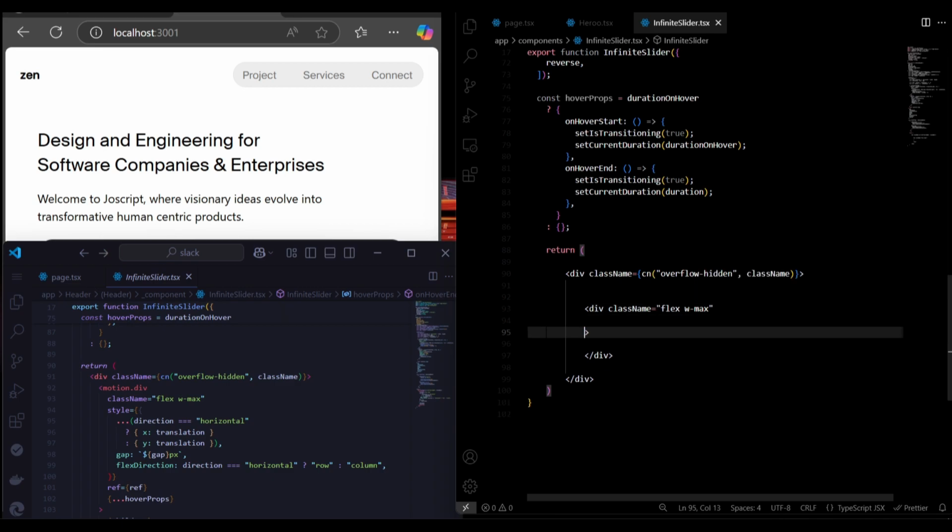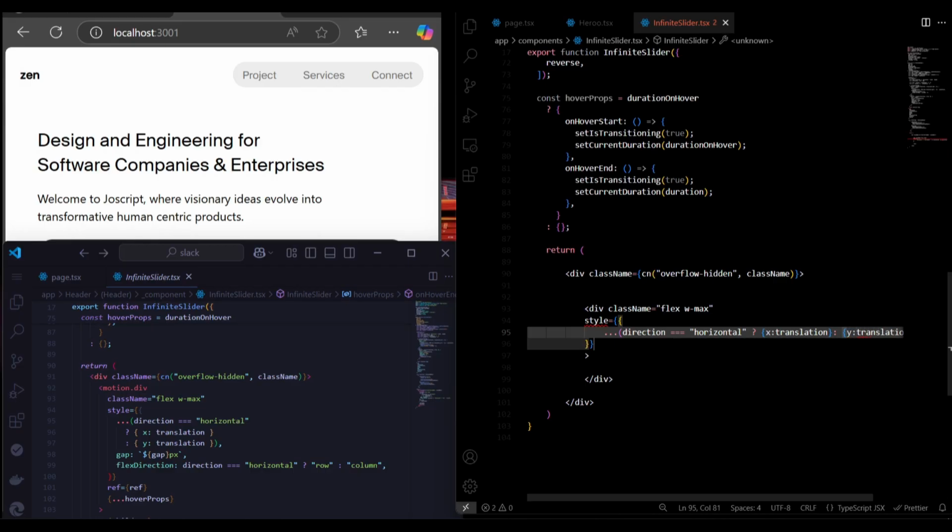So here we are going to give it a style, and that style, if we pass in a direction and the direction is equal to horizontal, then it should go on the X side, which is of translation, else if it is vertical, which is not anymore horizontal, then it will go on the Y side like so,